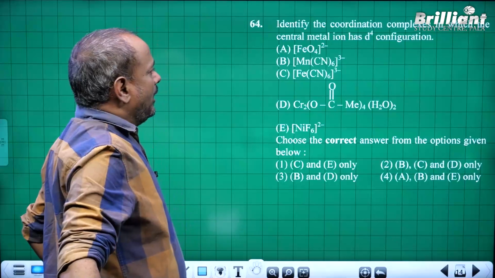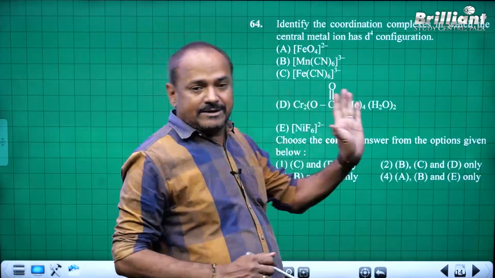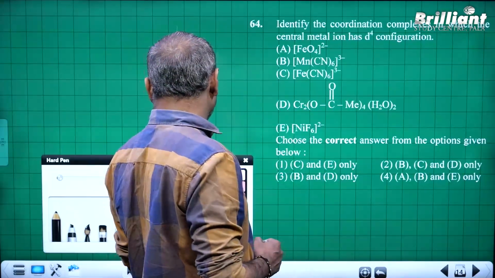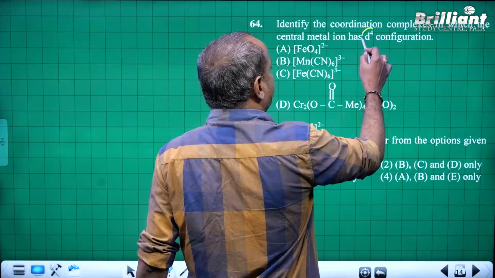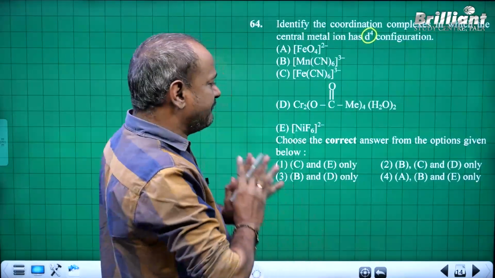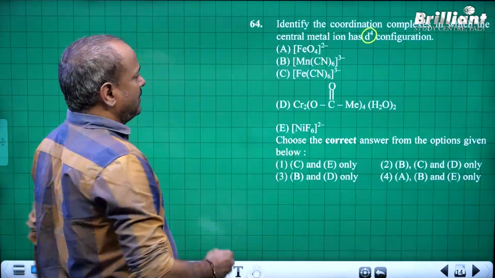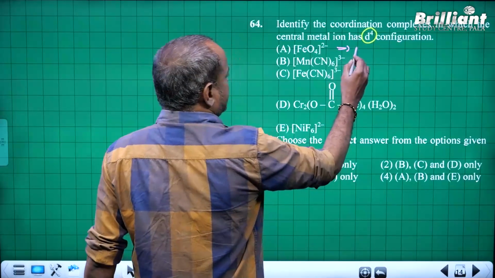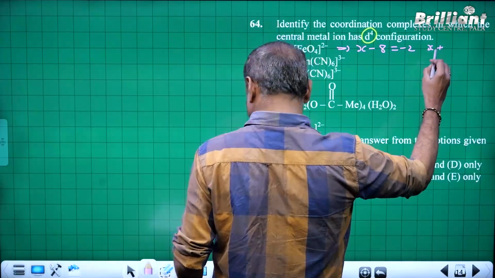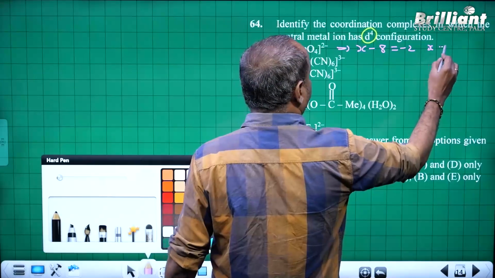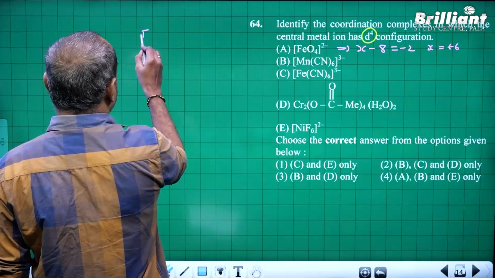Next, identify the coordination complexes in which the central metal atom has d4 configuration. So look here, question is simple. Don't make it complicated. Strong ligand, weak ligand combination is given here, but we want only the configuration of the parent, not after splitting or the effect of ligands. So just take the configuration of the parent with respect to oxidation number only. FeO4 2 minus: x minus 8 is equal to minus 2, x equal to plus 6. So parent atomic number Fe 26,